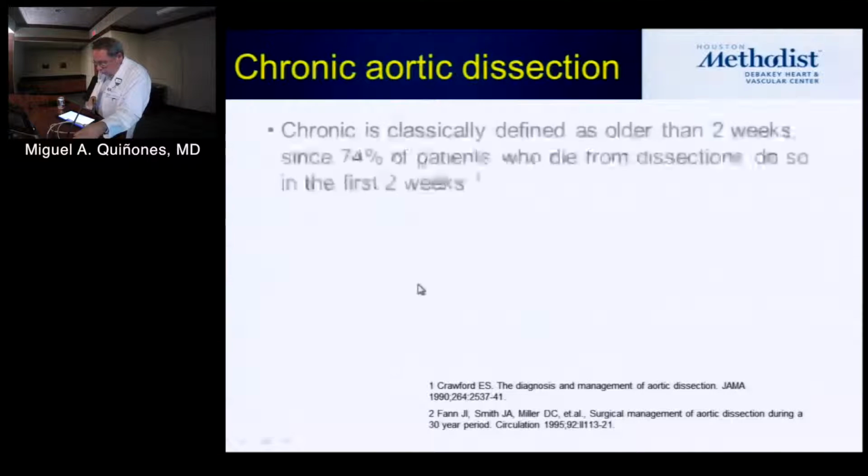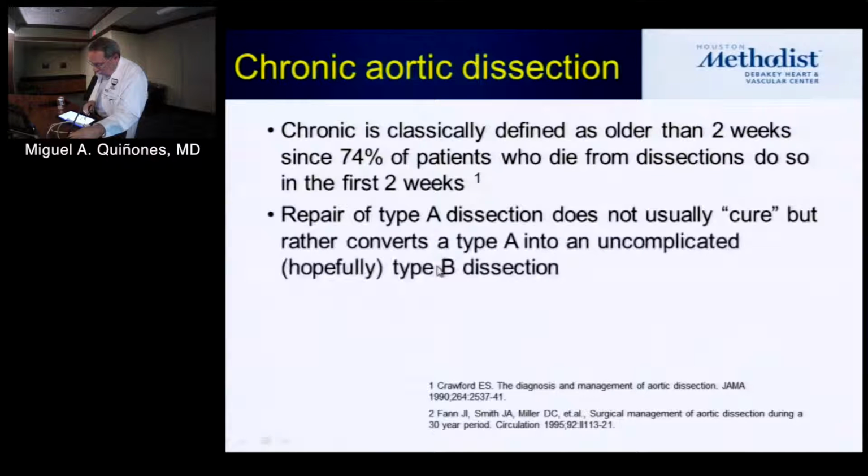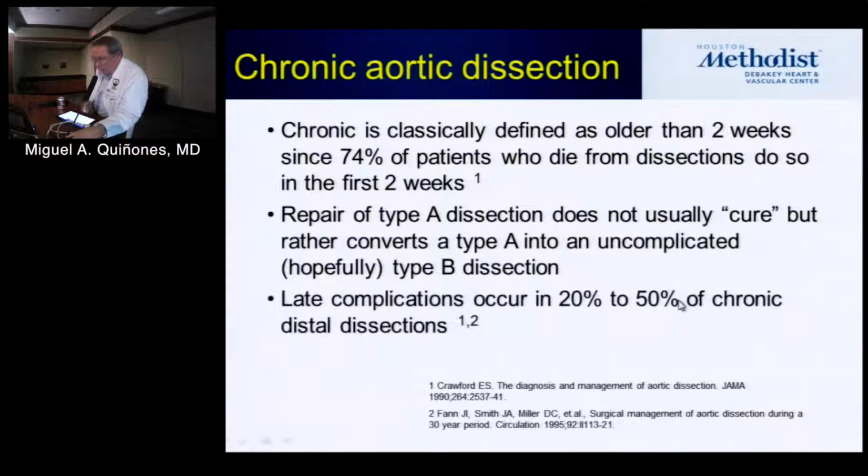Other than that, basically you're going to treat them medically. So usually the chronic dissections are considered after 2 weeks, because that's the time where most of the bad things acutely have happened. And when you repair a type A, you convert it into a type B. So it's the same thing. You're now following the aorta for late events, where what you're interested in is progressive sizing of the descending aorta with the dissection, including the false lumen, to see if there is false lumen expansion or if there is